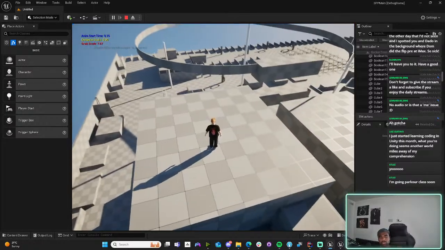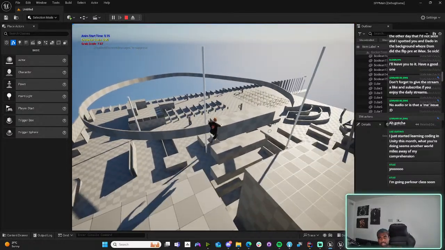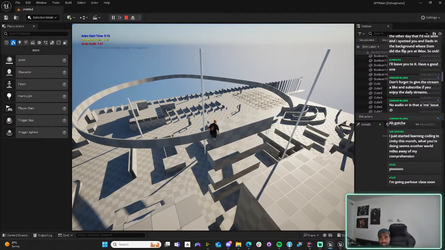Yeah, because the physics almost gets stopped, so you can go to root motion, but I actually just need it to keep going to physics and then just